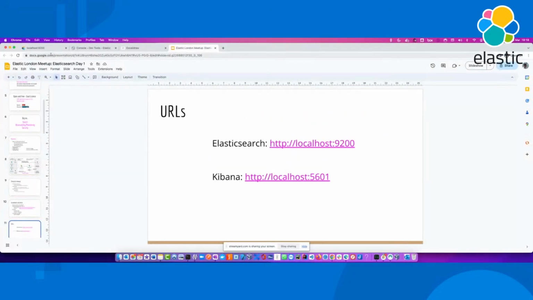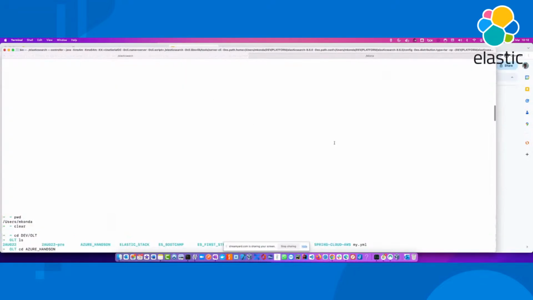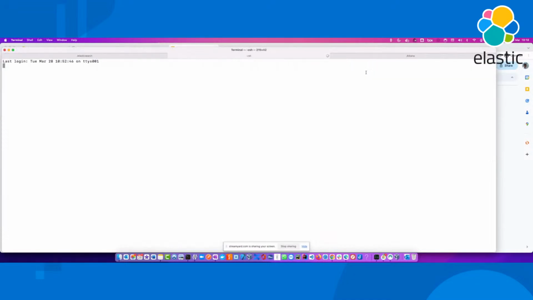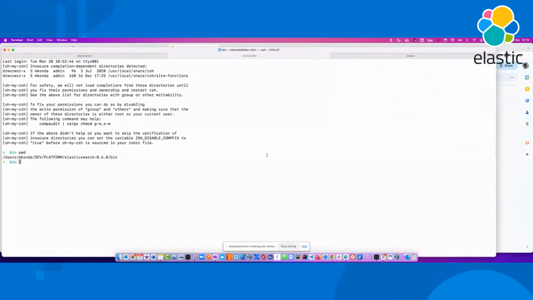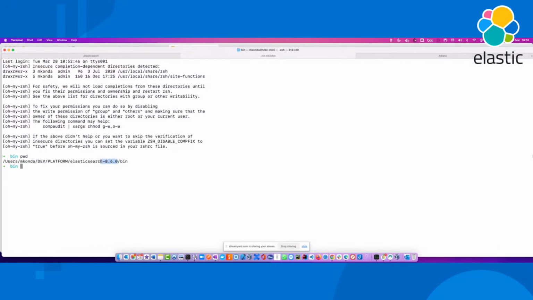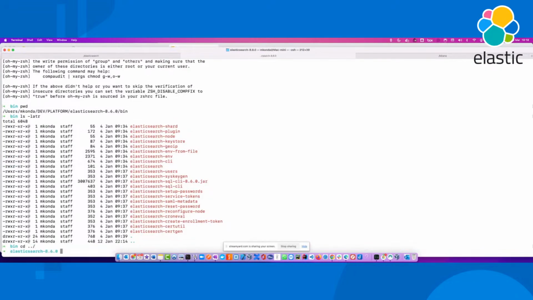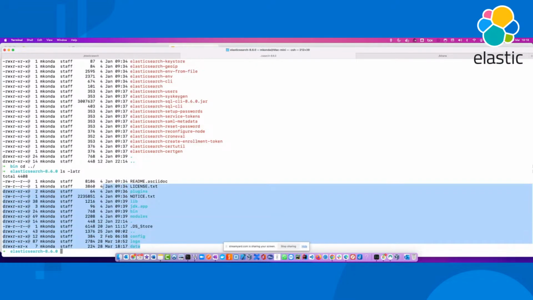Right. So let me quickly go over to the Elasticsearch setup. I really don't need to show you everything, but all I wanted to show you is that you go to the downloads folder, and you should be able to see pretty much Elasticsearch. If I can increase the space, unzip your folder, and you should see some folder like this. In this one, you should be able to see Elasticsearch shell scripts, or if you go a little bit further along, you should be able to see some modules, something like this. This is currently running on my local machine.